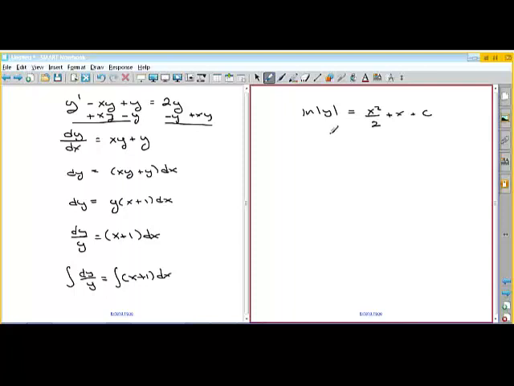So, if you wanted to solve for y, then you would do this. And e to the natural log of y is just equal to y, so you end up with that. But I would want you to simplify this where you don't have the constant in the exponent, so we can break this up